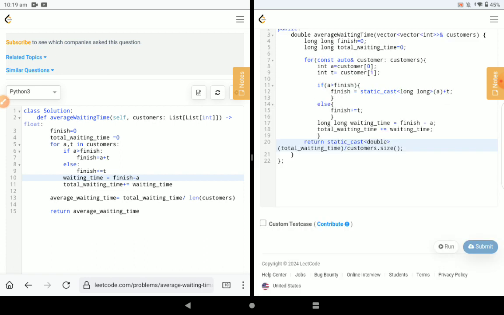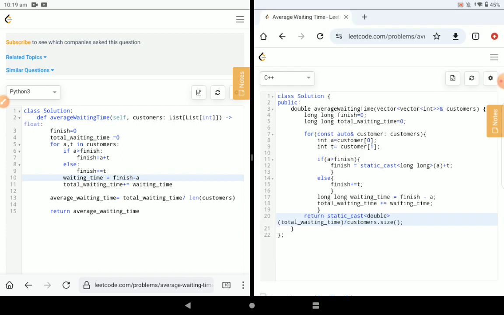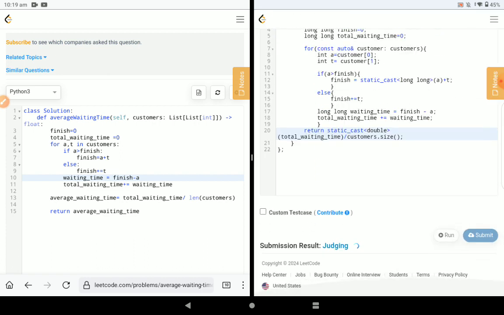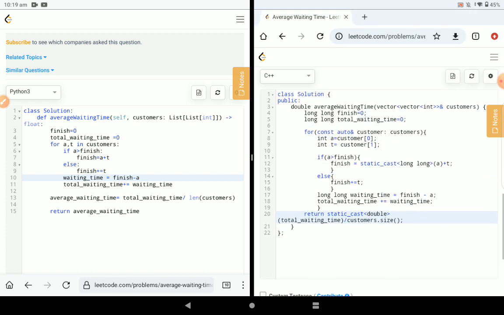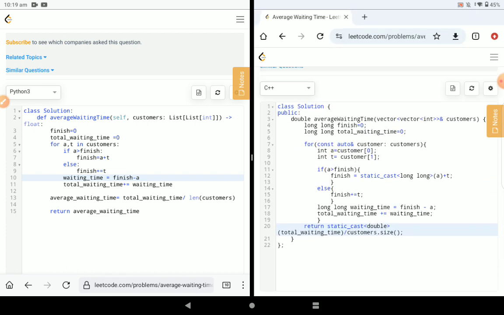Yeah, it's giving correct output. So both the python and the C++ codes are equivalent to each other, the difference is only of the syntax, but the logic is same. So you can see